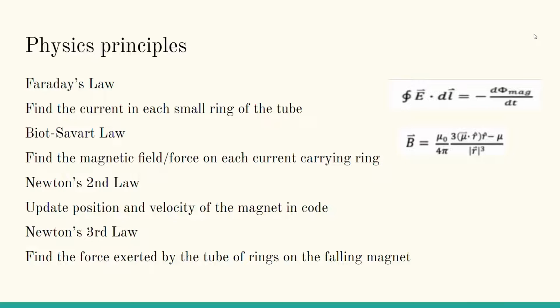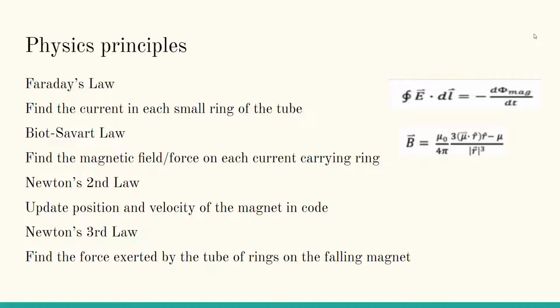The physics principles that we use for this lab are, first, Faraday's law, which we use to find the current in each small ring of the tube. The second one is Biot-Savart's law, which we use to find the magnetic field and force on each current carrying ring. The third is Newton's second law, which we use to update position and velocity of the magnet in code. And the final is Newton's third law, which we use to find the force exerted by the tube of rings